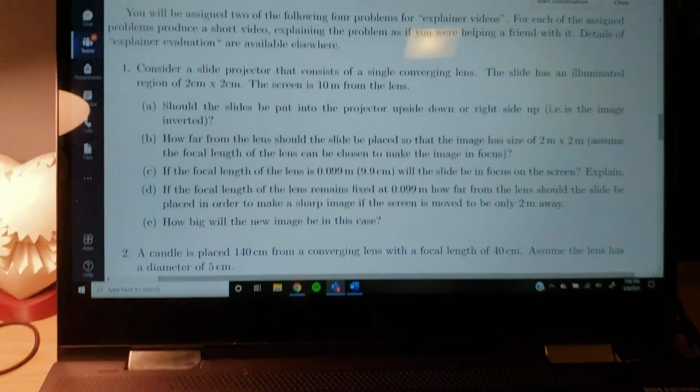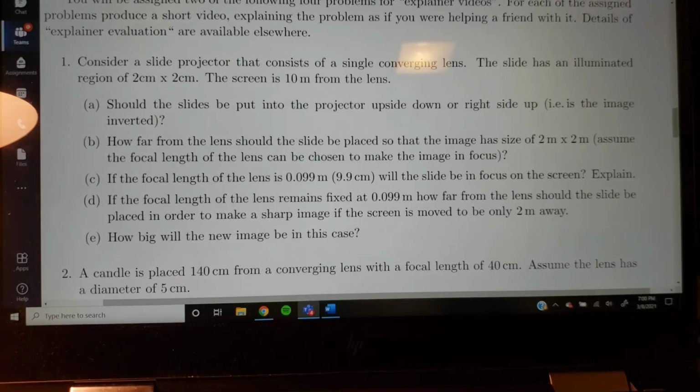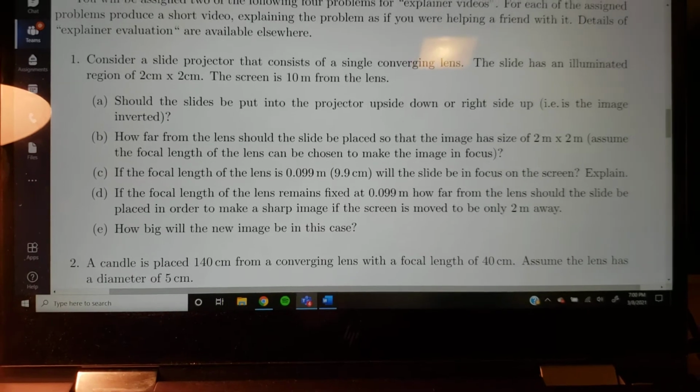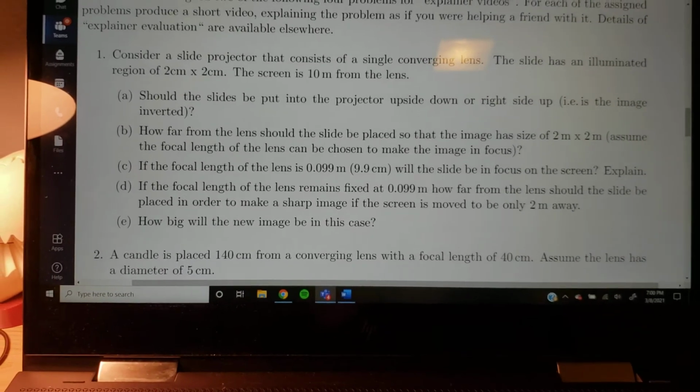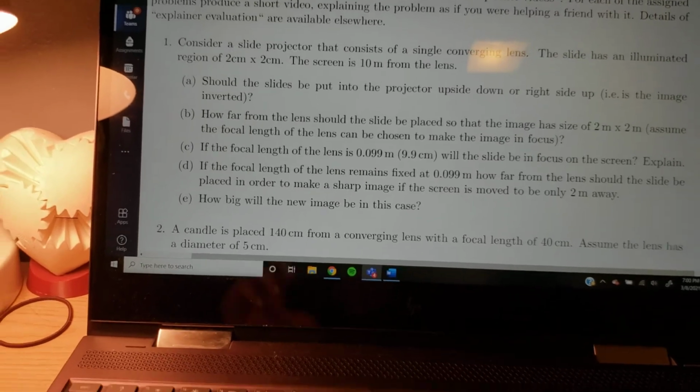And then for part B, they want us to figure out how far from the lens should the slide be placed so that the image has a size of 2 meters by 2 meters, and assume the focal length of the lens can be chosen to make the image in focus. So for part B,